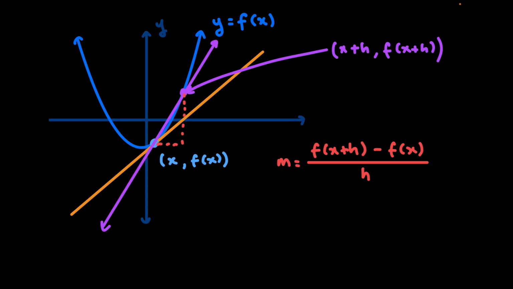Wow, very easy and cool for us, except that wasn't the question I asked. The question I asked was, how do you work out the gradient of this orange line? Well, I have an idea of how we can make it a little bit more accurate. One way I could make it more accurate is, why not just move this purple point closer to the